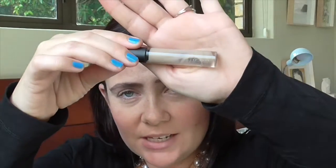Okay, so that's that. Once I've scribbled those in, I then go in with my MAC brow set, and this was clear. I don't know if anyone else's do this. It goes kind of milky. It's obviously quite gross. It's probably a bacterial growth or just tinting from, obviously you've put foundation on by the time you set your brows. It's really disgusting, but it's just your brows. It's not going on your eye, so it's okay. And I just set those in place